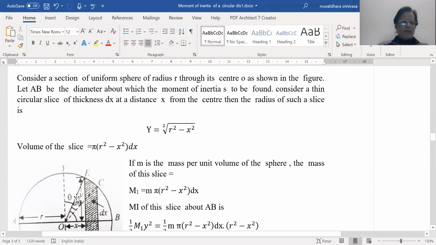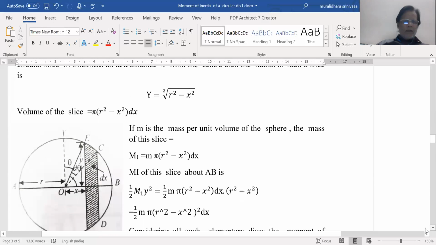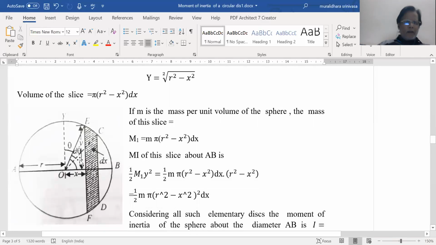Figure is here. Let AB be the diameter about which the moment of inertia is to be found. Consider a thin circular slice of thickness dx at a distance x from the center, when the radius of such a slice is